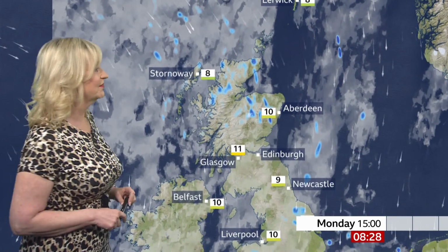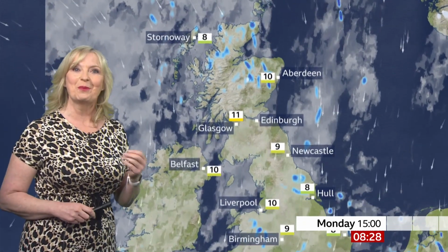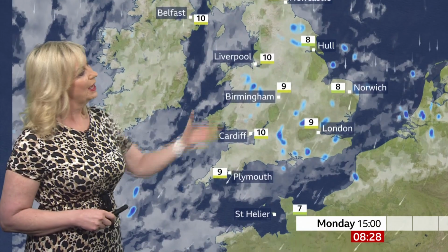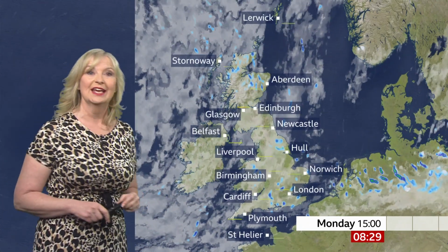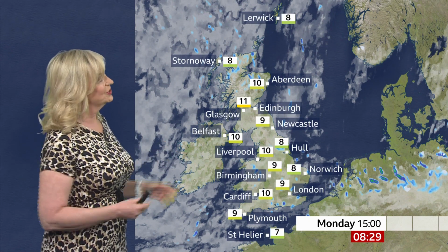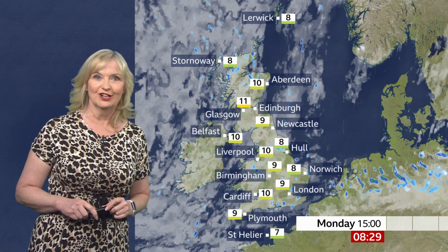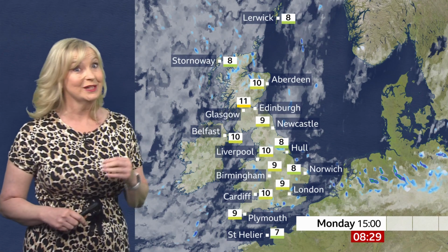Across Scotland, you'll still have some showers. Not everywhere, but wintry in the tops of the hills. You could catch the odd shower in Northern Ireland and also Northern England. And there will be one or two brighter breaks like we have this morning. But for Wales, in through the Midlands, East Anglia, down towards the south of England, Channel Islands, again, you could catch a shower. Now, these temperatures are 8 to about 11 degrees. They're below average for the time of year. And as I mentioned earlier, although the wind is a little bit lighter than yesterday, if you're in it,